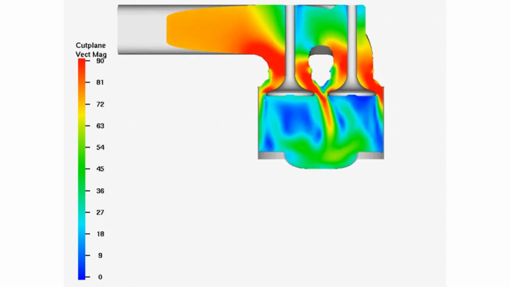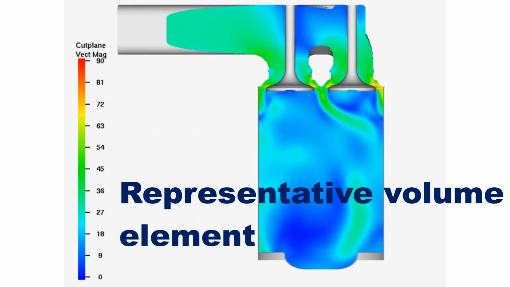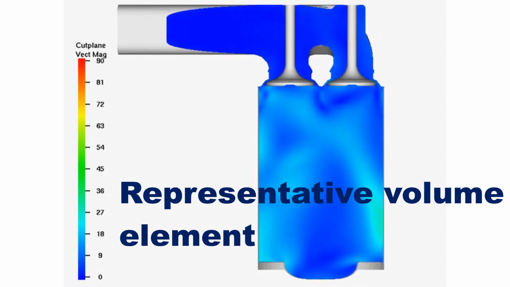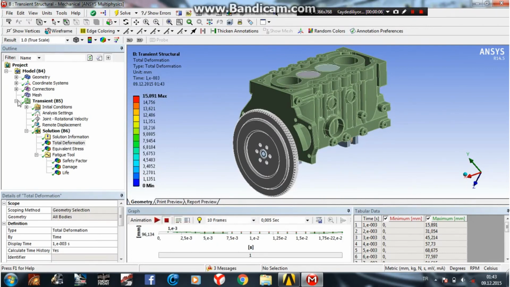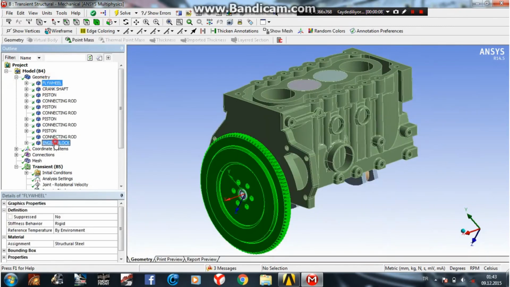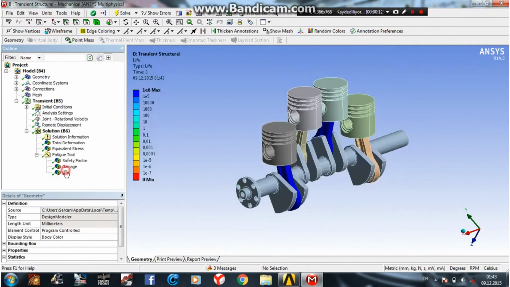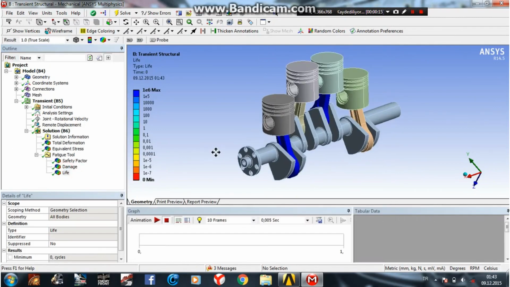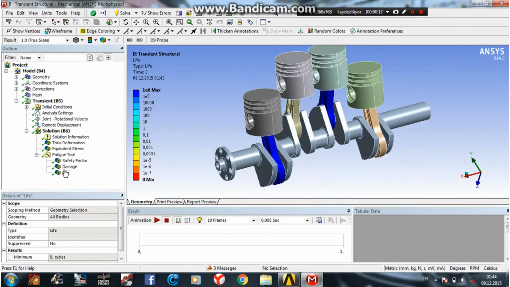If you're involved in computational modeling and simulation, or just curious about the latest in materials science, you're in the right place. In this video, we're diving deep into the limitations of the representative volume element, or RVE, in software modeling and simulation. While RVEs are a powerful tool for understanding and predicting the behavior of complex materials, they come with their own set of challenges and limitations that are crucial to understand.